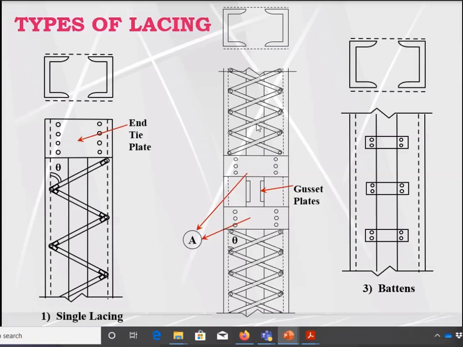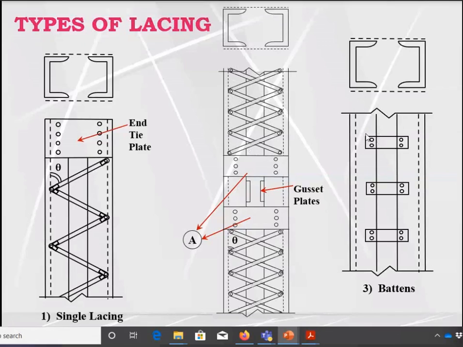But here this is the double lacing. Double lacing is used if the applied load is very large and we need to transfer larger forces from one steel section to the other. We will see what the design guidelines are. In this case we have the double lacing, which means a lacing of steel plate or flat steel bar is also provided opposite to the other.